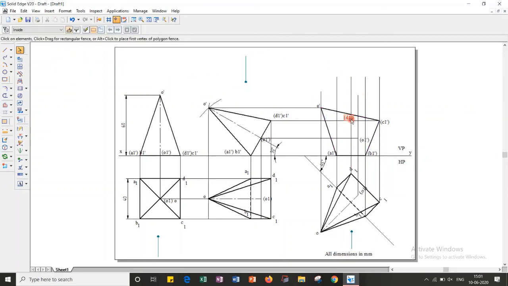Next, we'll concentrate on this inner point. So D1 is pending now. D1 is inner point. Identify when you observe from here whether D1 point is nearer to observer or it is away from observer. Or else identify whether this D1 is above axis line or it is below axis line. If it is away from observer, this becomes hidden point, and all the hidden points should be connected using dotted line. Since D1 is away from observer, when you observe from here, D1 is hidden, so all three lines which come from D1 should be dotted.